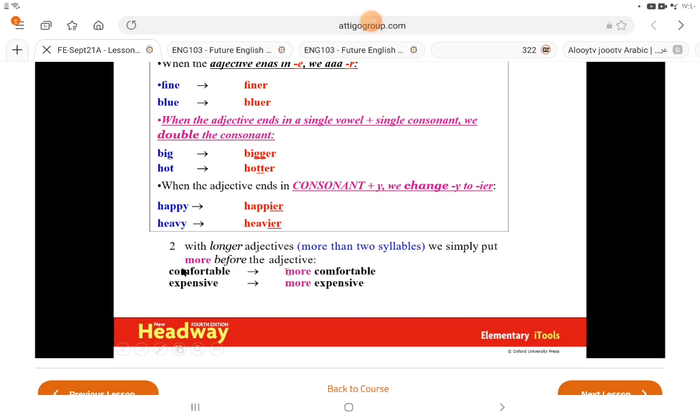If the adjective is long, okay, we're talking about adjectives because when you're comparing two things, we use the adjective. If the adjective is long, what do we mean by long? It means if it has two syllables. What do we mean by syllables? Syllables means, as I explained earlier, when you say the word comfortable, it has three. I'm sure you can hear me clapping. So then I add more, expensive, three, I'm clapping.